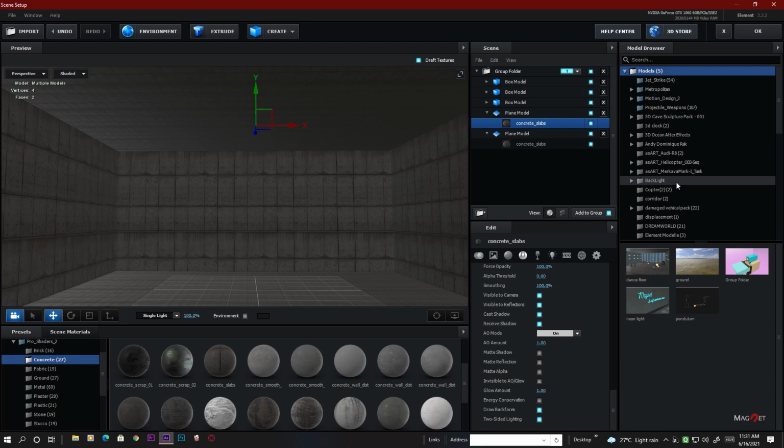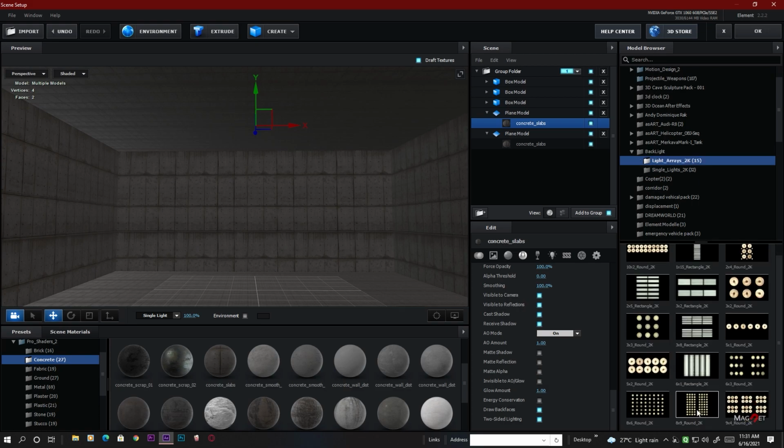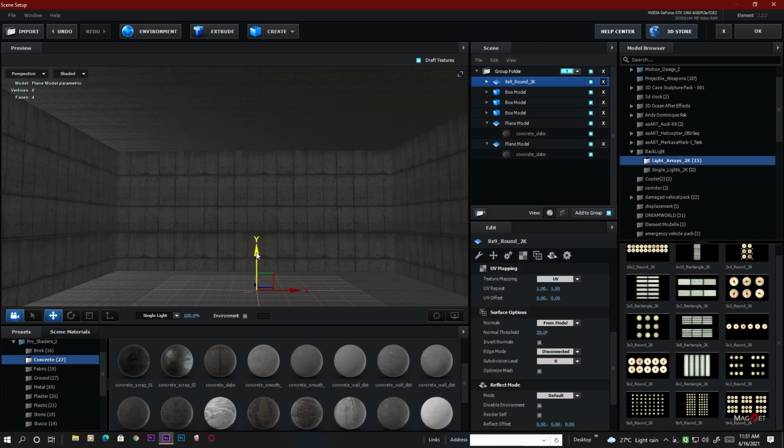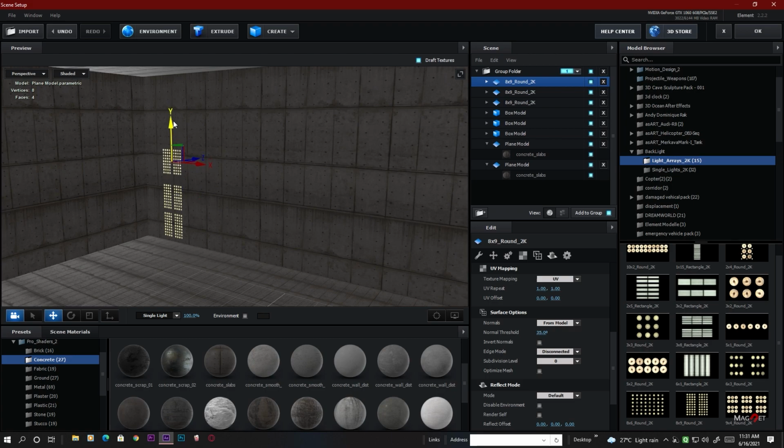So I'm using the backlight lights from VIDEOCOPILOT, and here is the light arrays 2K, and I'm using those lights. Just select and it will appear here, and now we rotate this like this and just place it here like this, and you can place it here and duplicate this, duplicate one more time, just to make a light